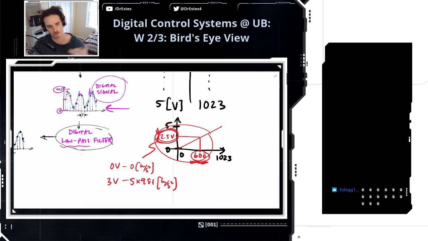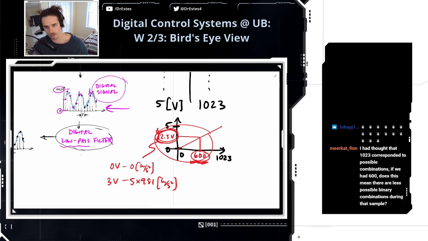So this is how you eventually relate it back to, okay, how was this accelerating? I had thought that 1023 responds to the possible combinations. If we had 600, does this mean there are less possible binary combinations during that sample? Oh, no. So,